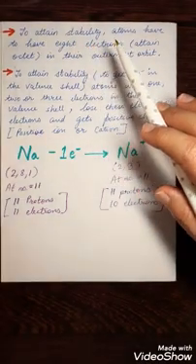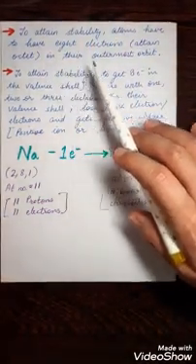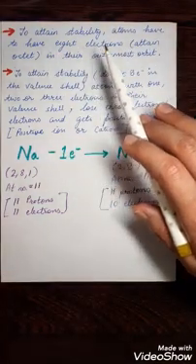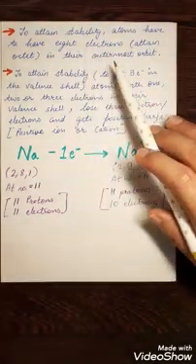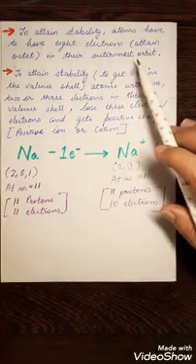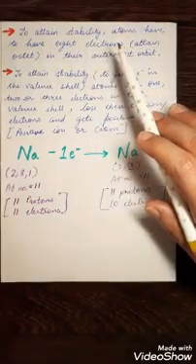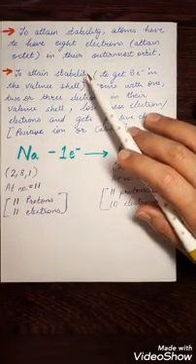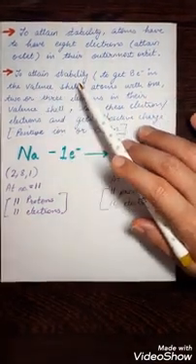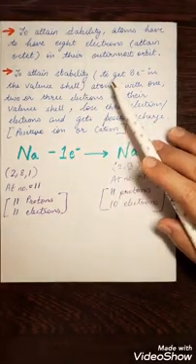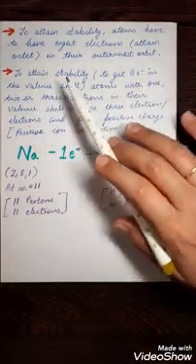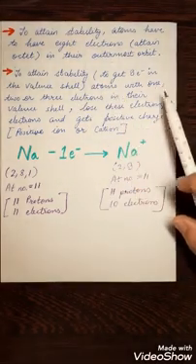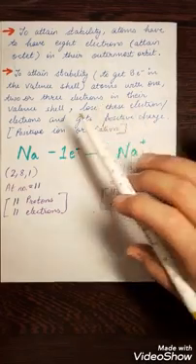Atoms become stable when they have 8 electrons in their outermost orbit. Please remember, when the atom gets 8 electrons in their valence shell or the outermost orbit, they become stable. So, to attain the stability, which means to get the 8 electrons in their outermost shell,